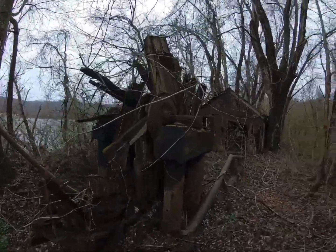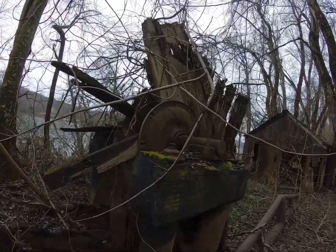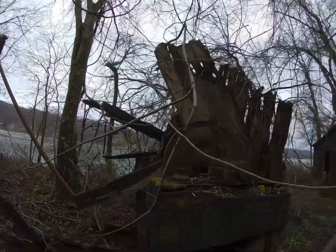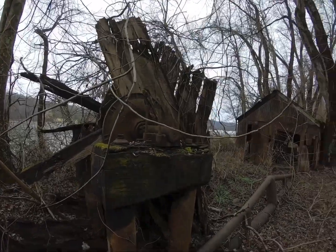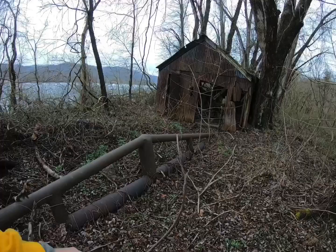Yeah, see right here, this would have been the old big wooden wheel. Would have had a big belt on it to run this. Then it would have had tin covering all this and the belt. Yeah, this is old right here. It looks, this is the big